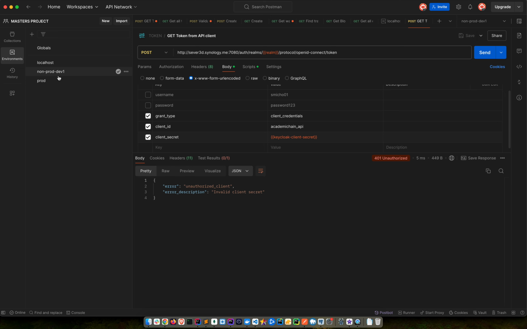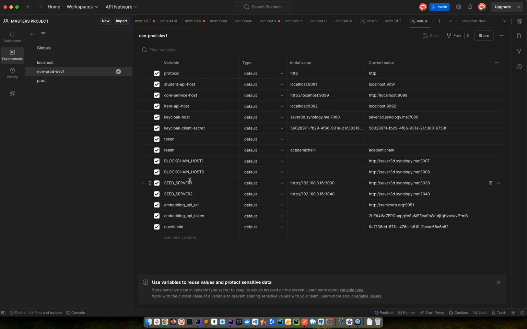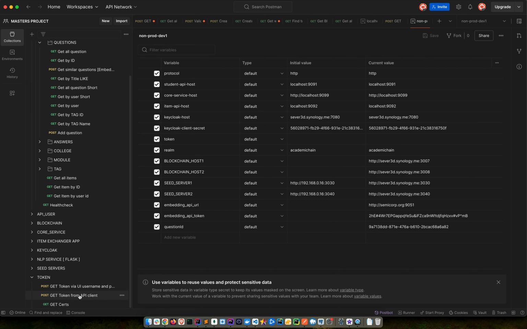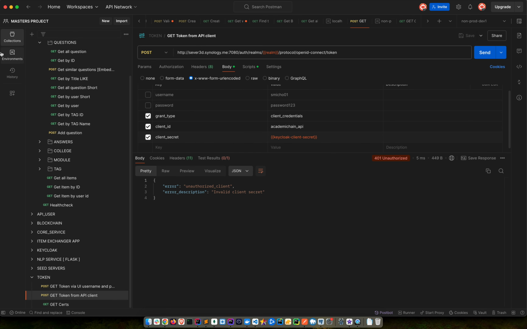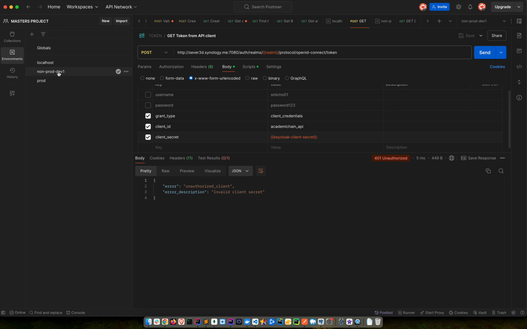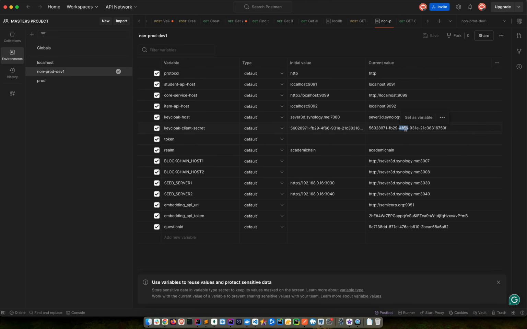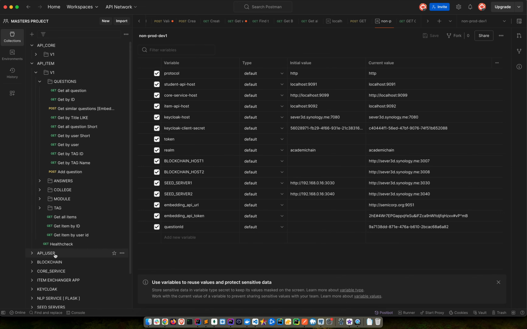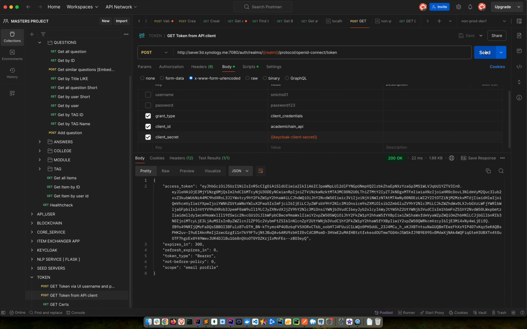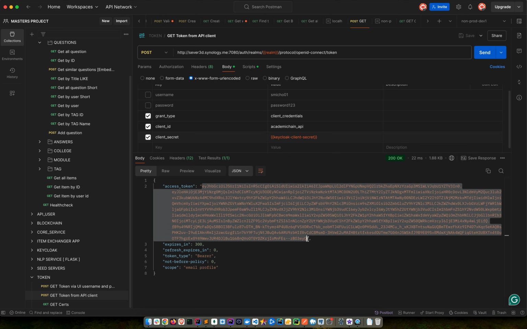Let's go to environment variables, non-pro dev 1. What was the name of it? I forgot already. Keycloak client secret. Keycloak client secret, current one. So probably it should work now, hopefully. Yeah, it's working now. So the services are using that one to authenticate and get the tokens for themselves, right? So yeah,